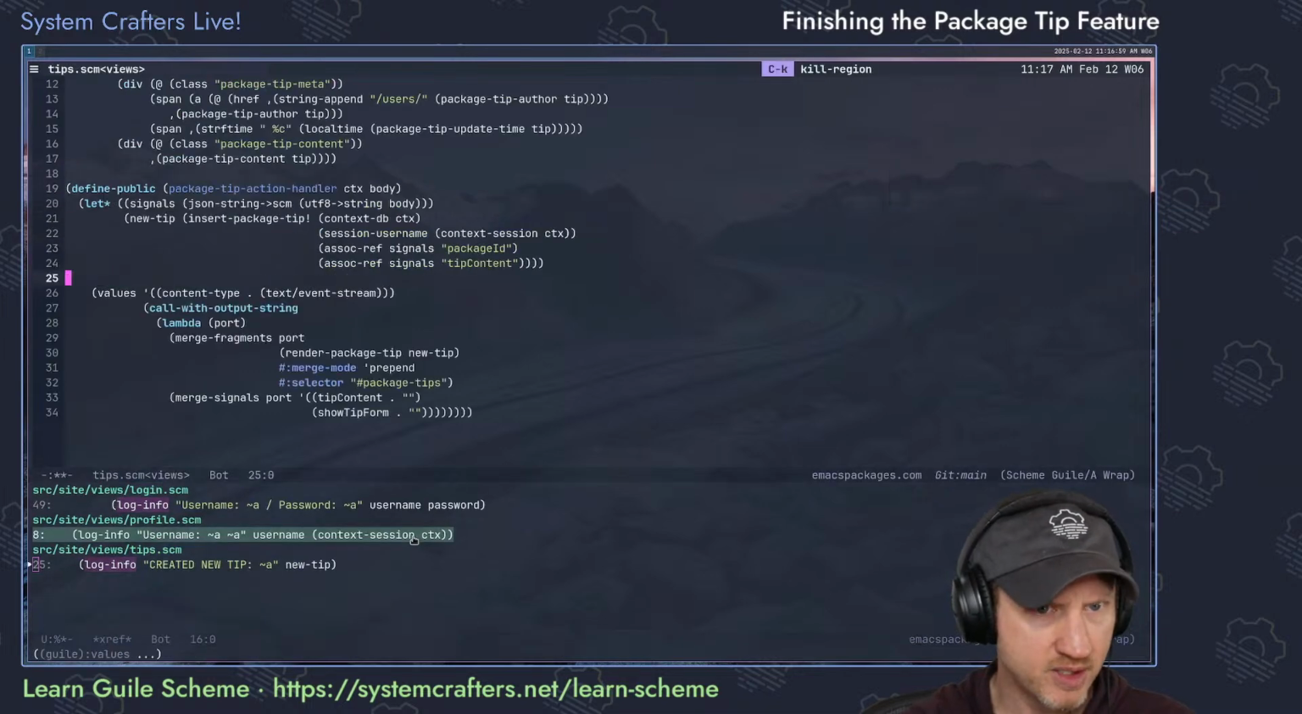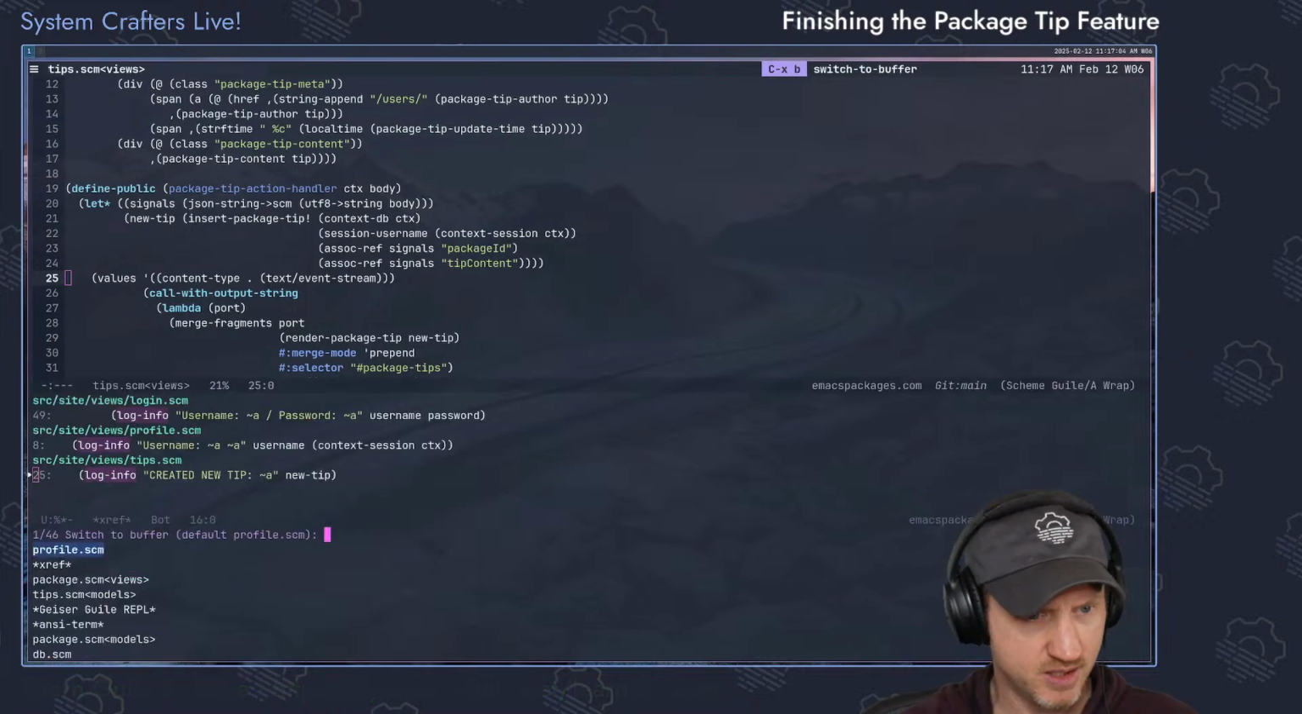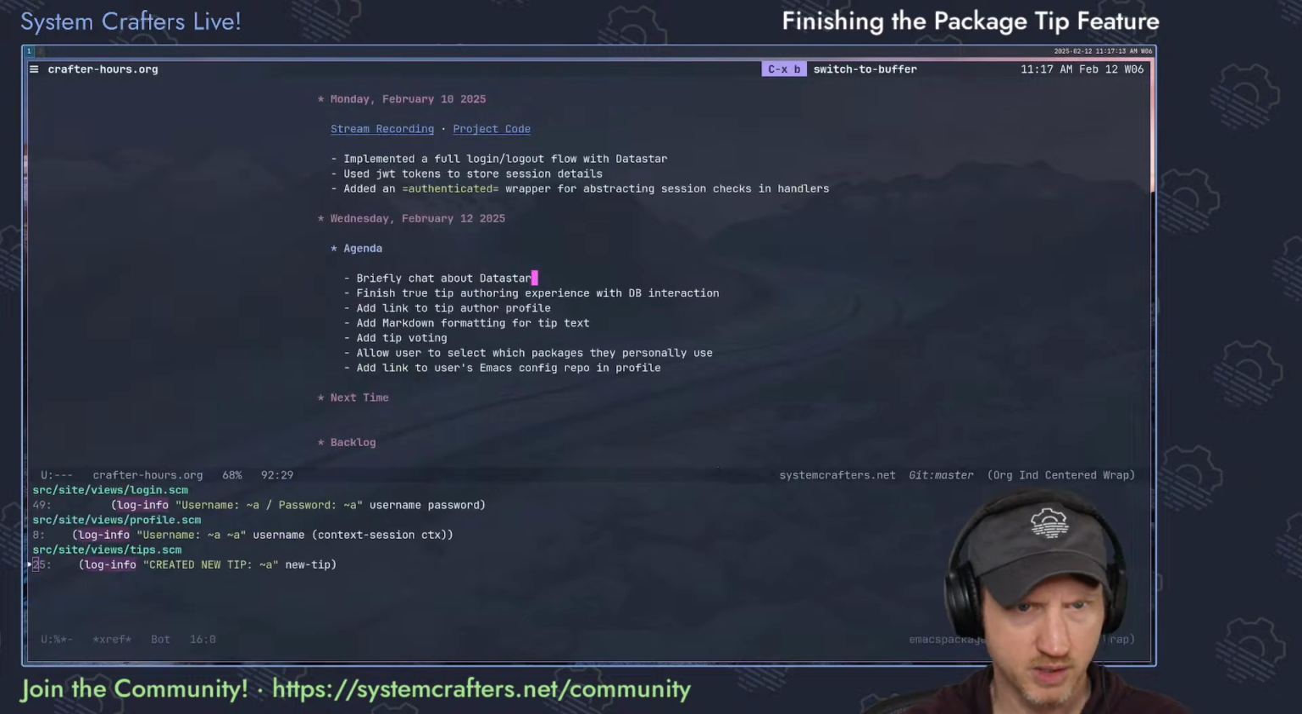Tips, create a new tip, get that out of there. Okay, cool. So we are now able to create tips on packages the way that they are intended to be. Let me go check the crafter hours